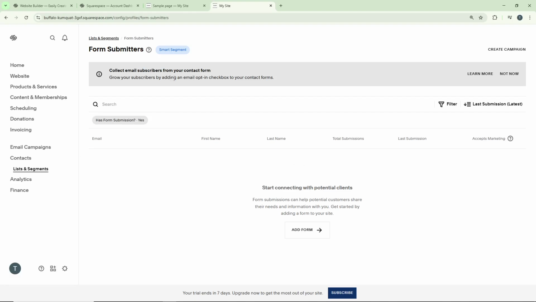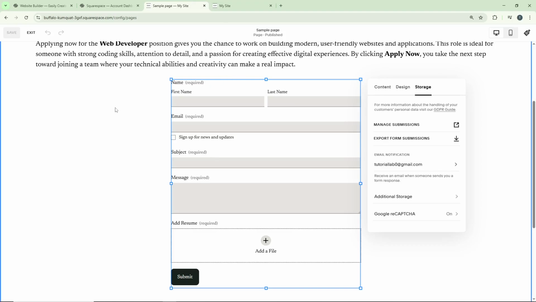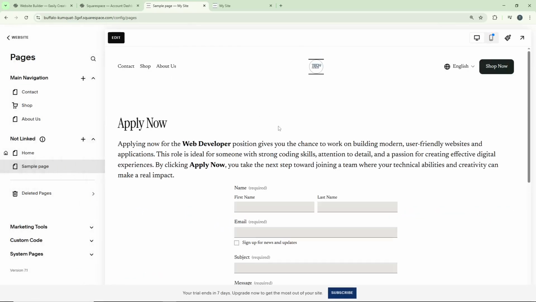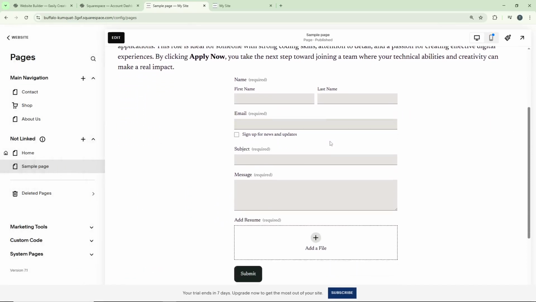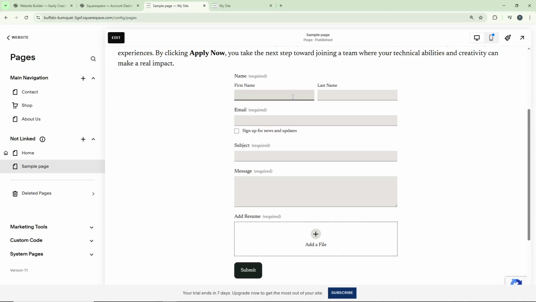Now let's test the form to make sure everything works. Go back to the editor page in Squarespace, then click Save and click Exit. This takes you out of the editing mode and into the live view of your site. Now try filling out the form yourself. Enter a first name, last name, email, subject, message, and upload a sample resume to see how it works from